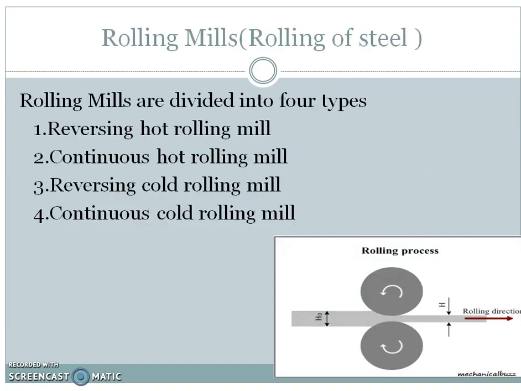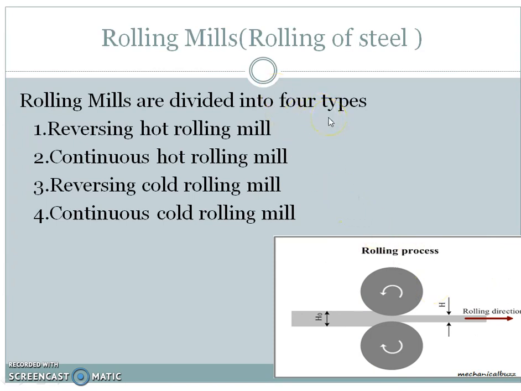So next coming under the rolling mills. The rolling part is the main important part of the steel mill. Due to rolling only they are going to produce the different sized materials. You can observe from this diagram the rolling process. These rollings are present, and in between them they are going to roll that steel part. That reduces the size of the iron part or steel part. This is the main building block, or heart, of the rolling mill or steel mill. This is important.